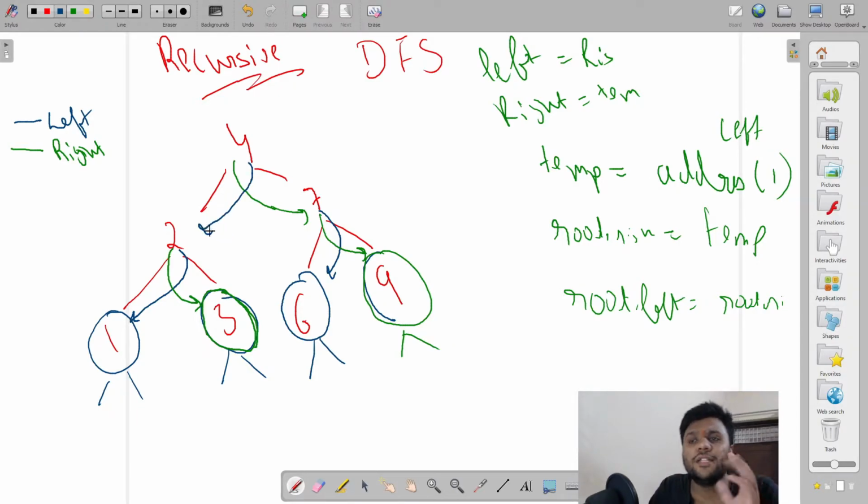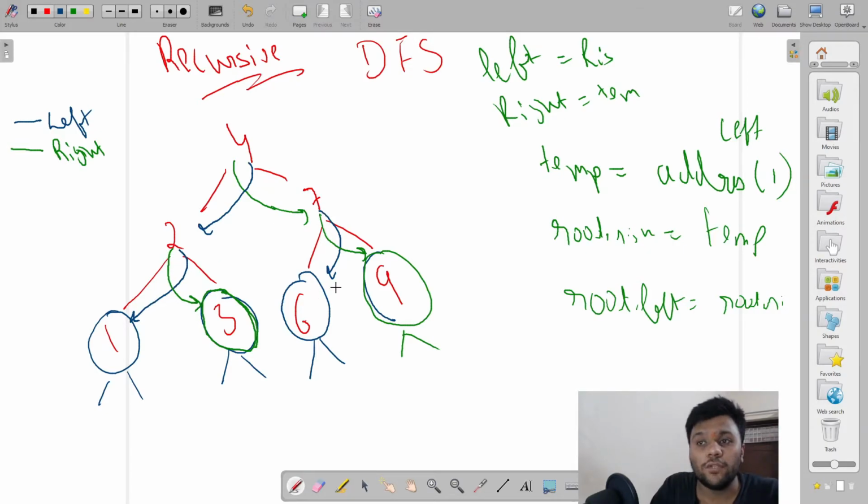I hope this question is clear, like how we did it. So let me just explain this recursive approach one more time so you will understand. I come to the leaf node. I will check if it has any left or right. No, it doesn't have, so they both are null. So I will come to the parent node of 1 and 3, which is 2. So 2 will start pointing to the opposite one. 2's right will point on the left, and its left will point on the right.